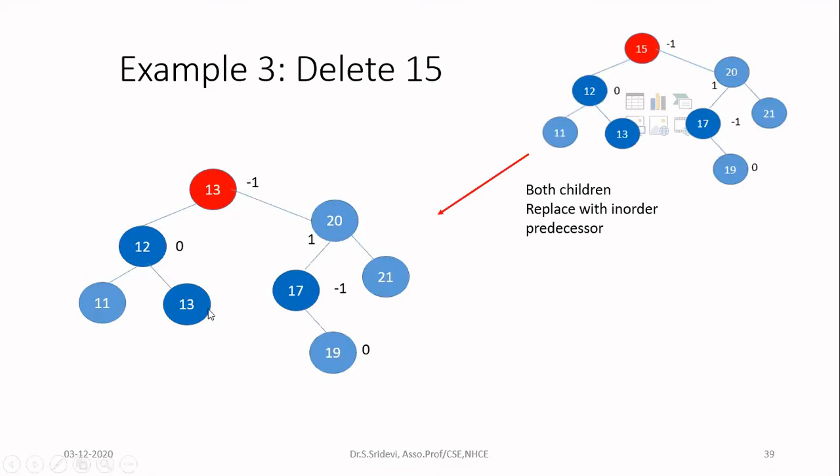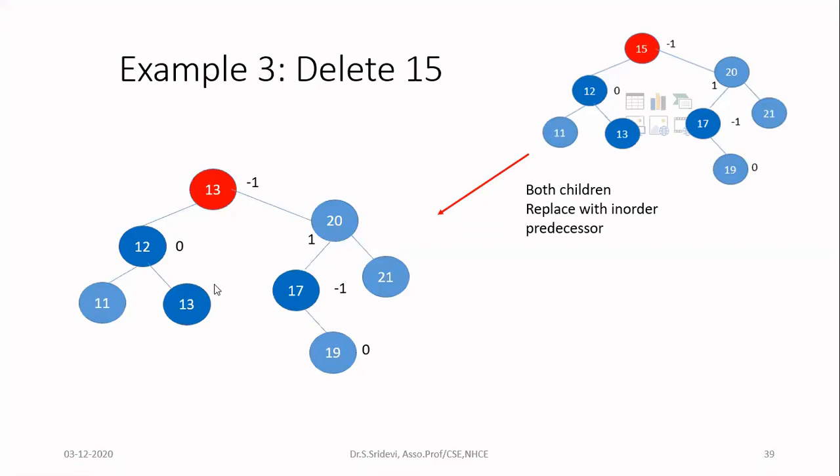But you have to delete this 13 because a node cannot exist two times in a binary search tree. Generally, a binary search tree will have all unique values only, because when we do the insertion, whichever is greater, we are inserting in the right subtree. Whichever is less, we are inserting in the left subtree. In some versions of the binary search tree, they are allowing duplicates also. In that case, it is up to the programmer to decide whether the node can be inserted in the right subtree or left subtree. But in general, a binary search tree will not have any duplicate values.